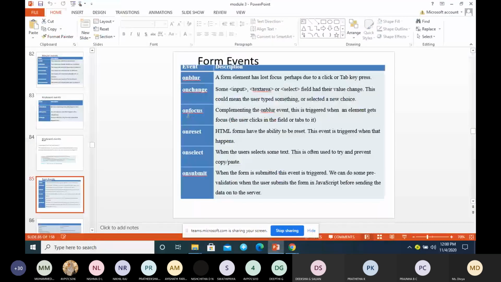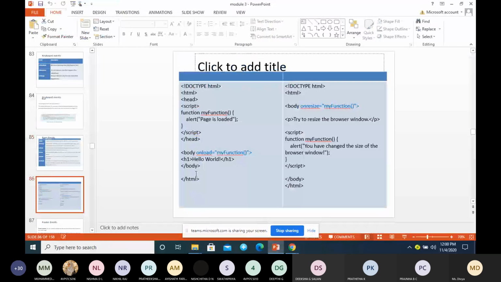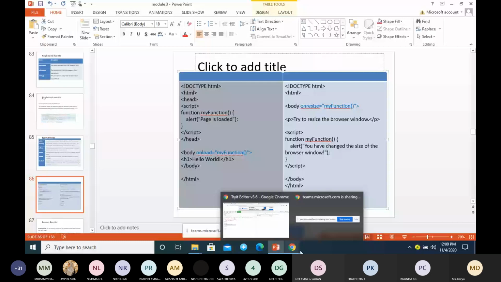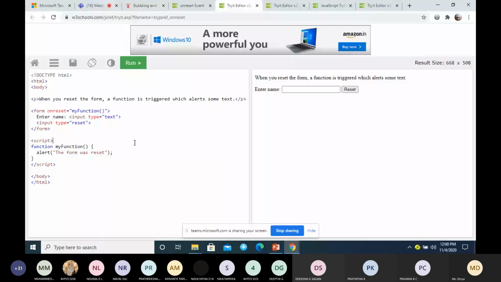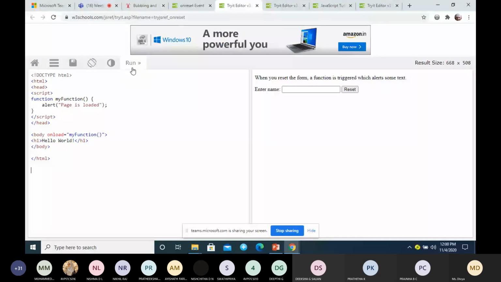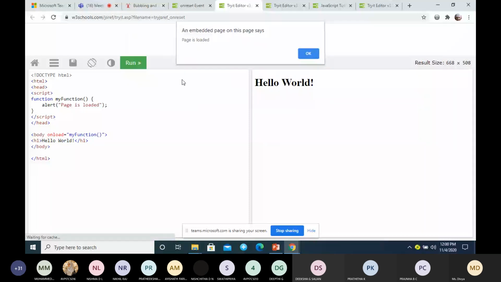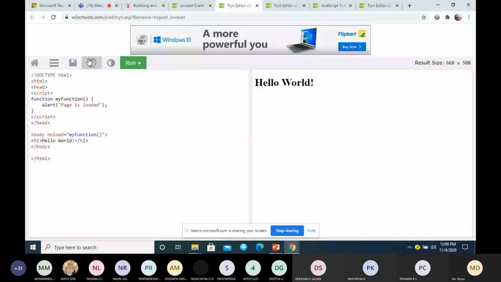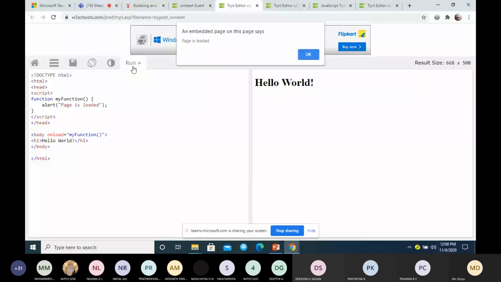So this is one more on load. When you load the page, it will display the message, the page is loaded.